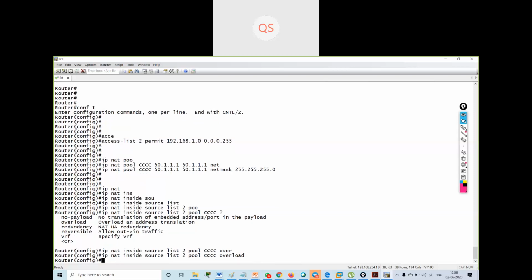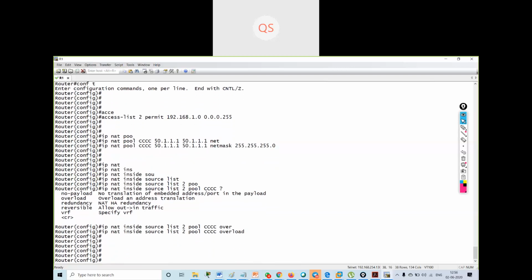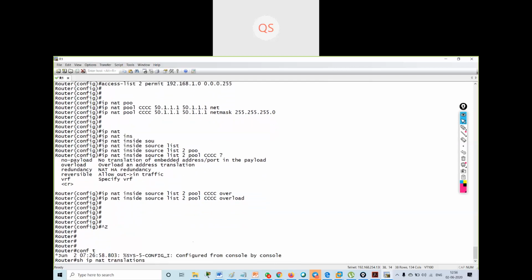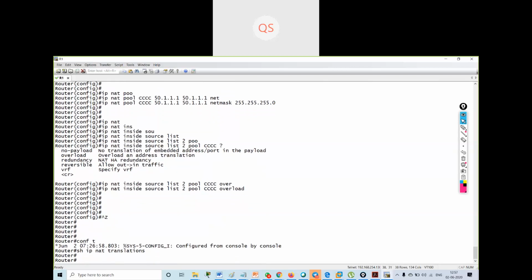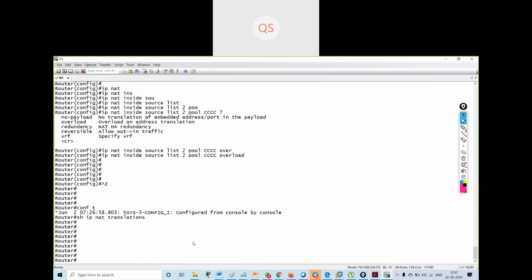If I give this command, my one IP address will be overloaded on all the private IP addresses. I have to say the start and end IP as the same, and give the overload command. Okay, so if I check show ip nat translation, I'm not having any translation.